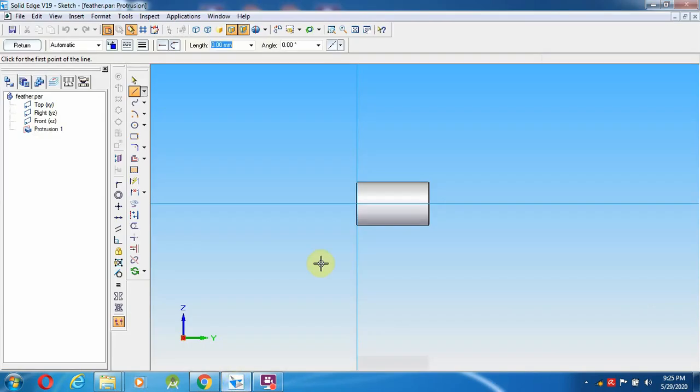So 4.5 means 2.25 on either side, and 3 mm for the height, with angle 90.